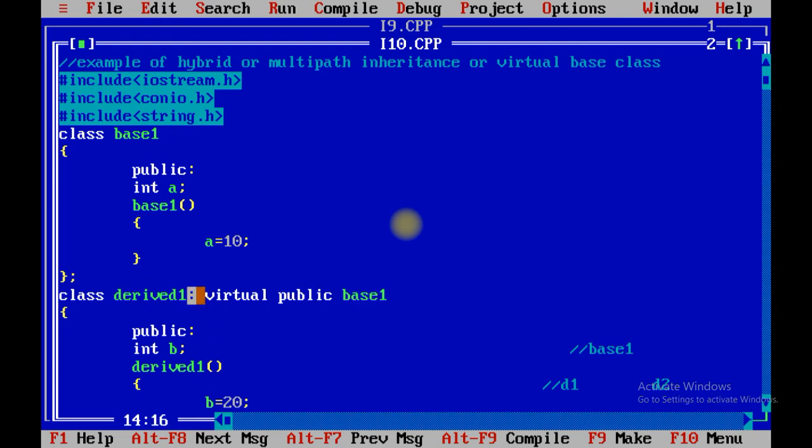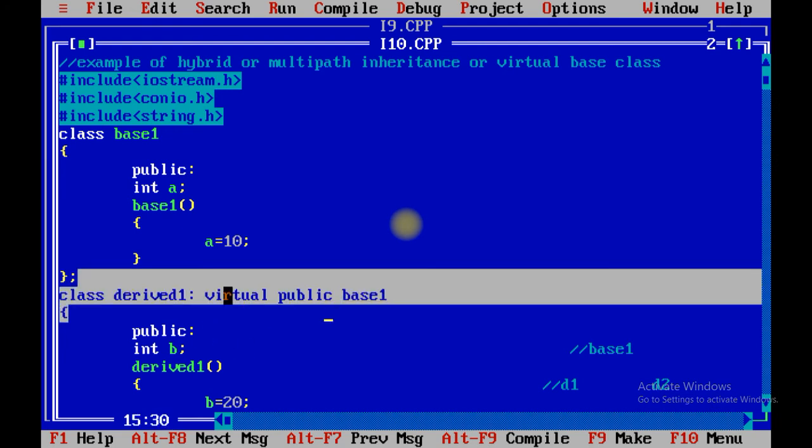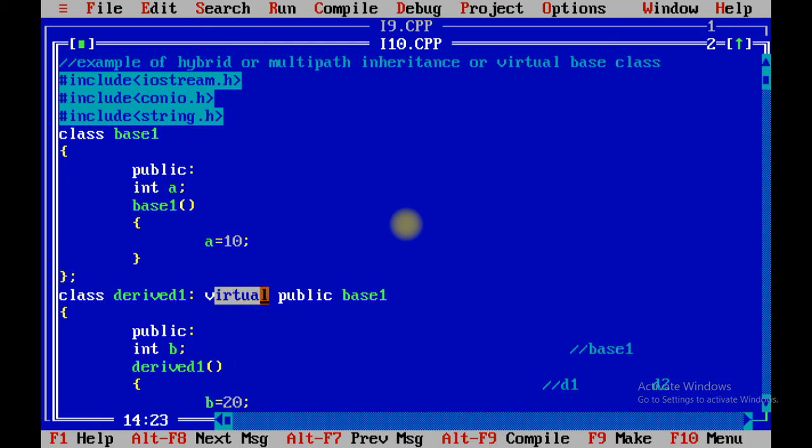When you inherit any base class, you just need to use the virtual keyword. Virtual is nothing but a single copy which is shared by all the classes which you derive. So using virtual, you allow a single copy of the base class.